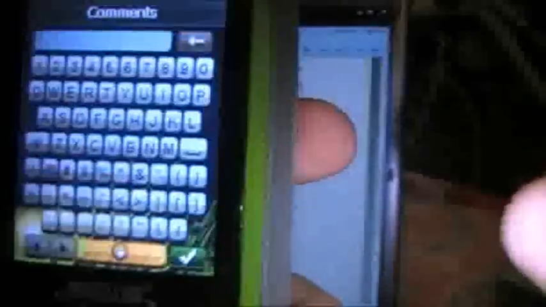Then we've got history, so it'll log the date and time that you actually found the cache. Now if I want to say that I've found it, I can go in here, found, and when I choose that I've found it, it asks me if I want to enter comments, to which I can say yes if I want to, and start entering. It gives you a nice little on-screen keyboard that's fairly easy to navigate through and type with. So hi,